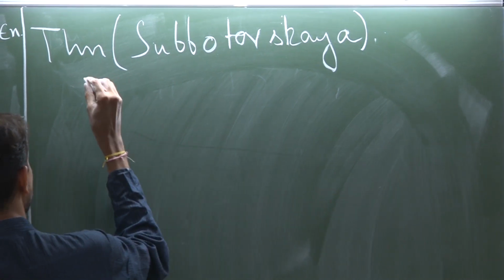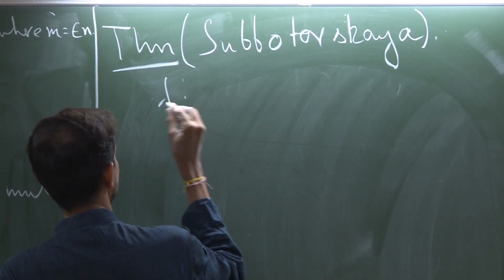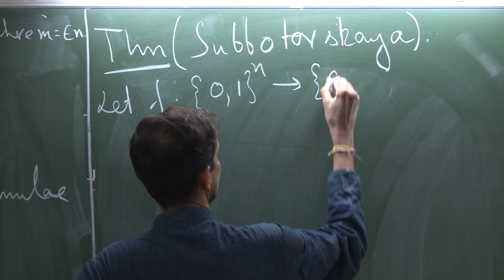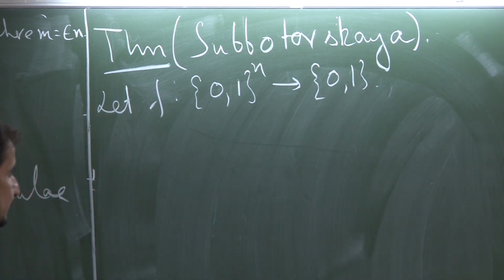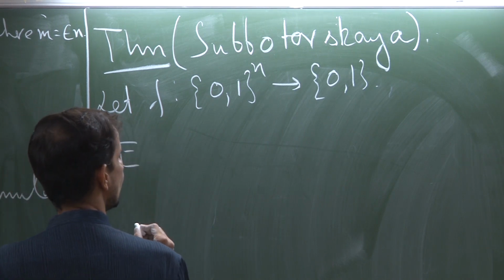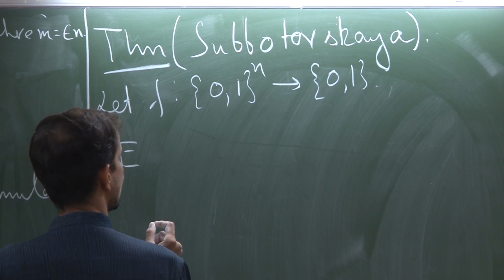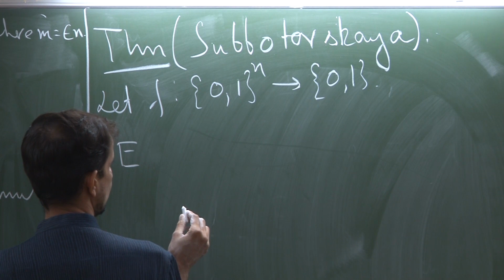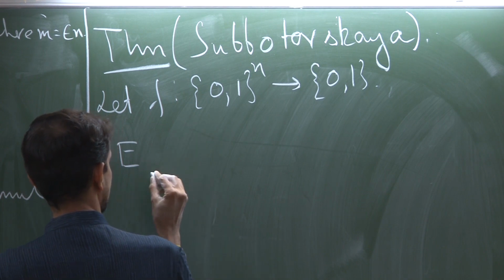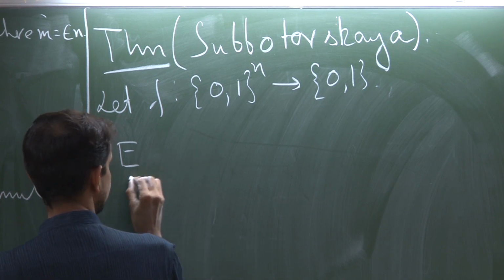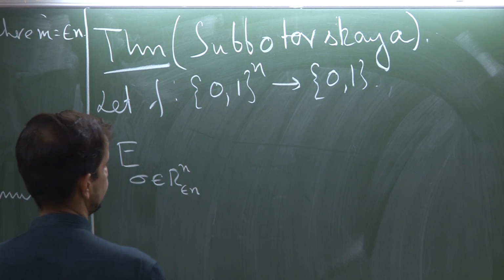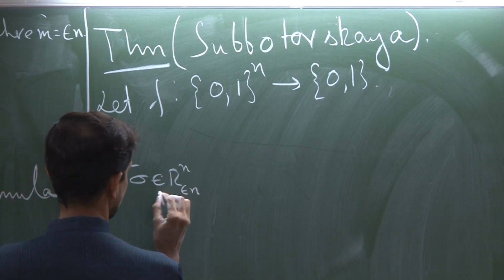What he showed is that if we have a function f from 0 1 to the power n to 0 1, then the expected size of, where the expectation is over, I choose a sigma from R n epsilon n, uniformly at random,